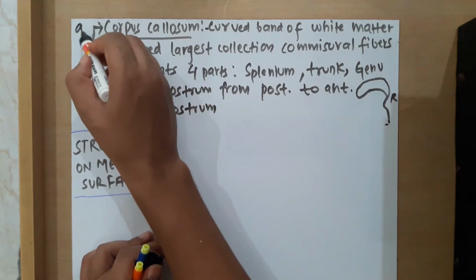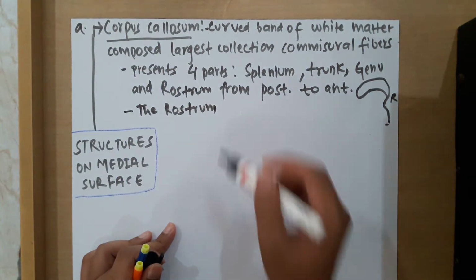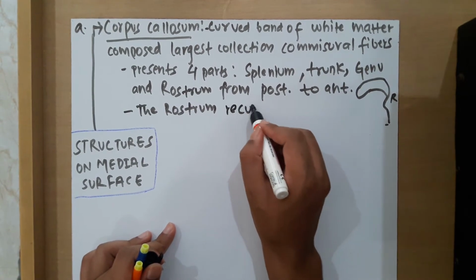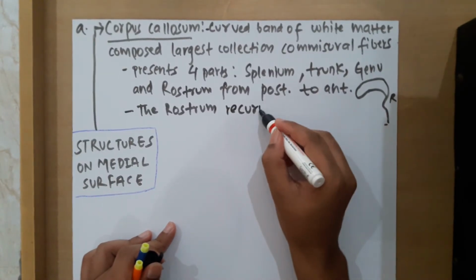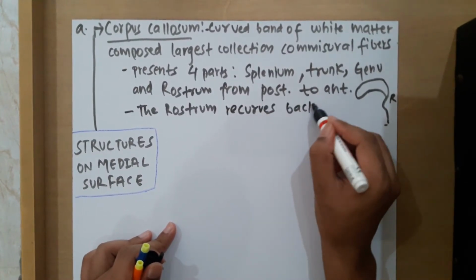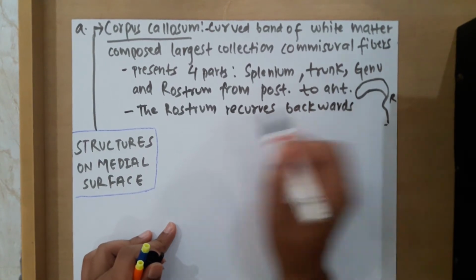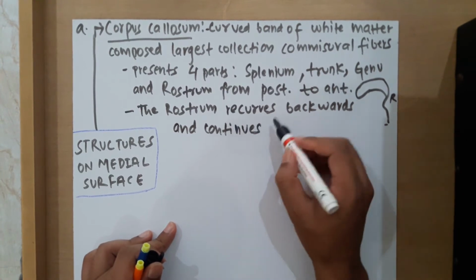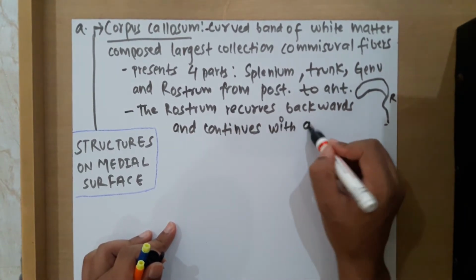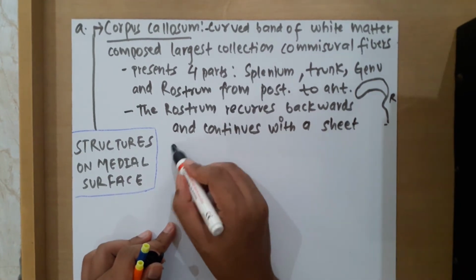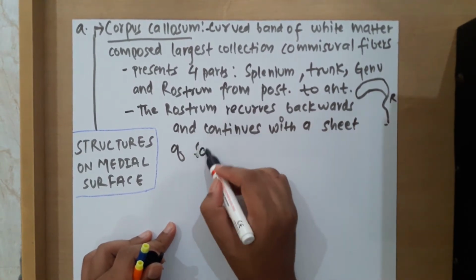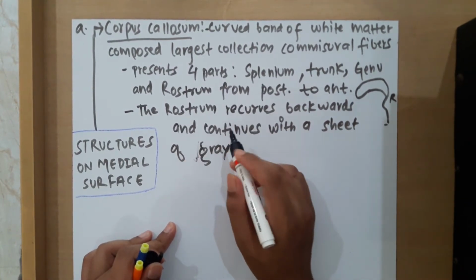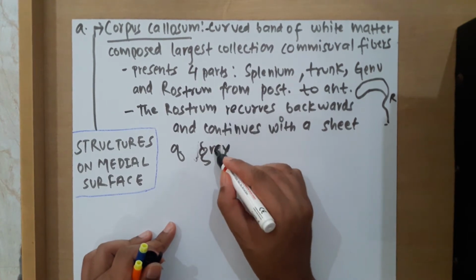Okay, I'll write it over. Corpus callosum is the first structure, so that you don't get confused. The rostrum recurves backward and continues with a sheath of gray matter